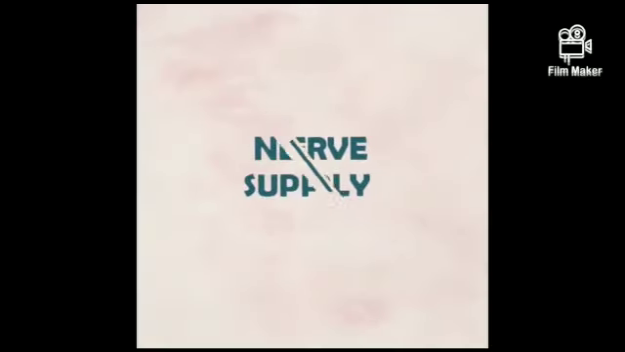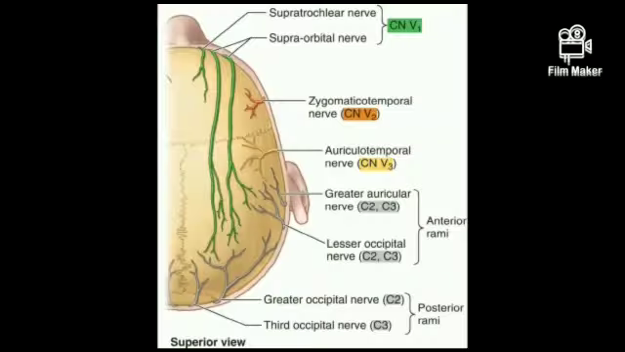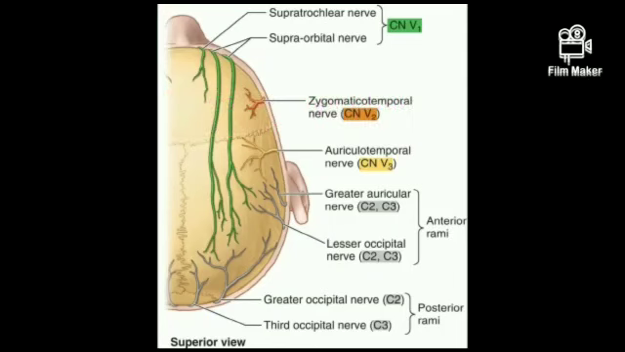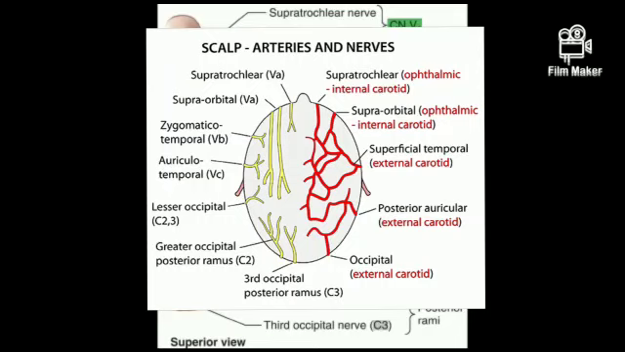Nerve supply. The scalp is supplied by 5 nerves anterior to the auricle and 5 nerves posterior to the auricle. They are the supratrochlear, supraorbital, zygomaticotemporal, auriculotemporal, great auricular, lesser occipital, greater occipital, and third occipital nerve,